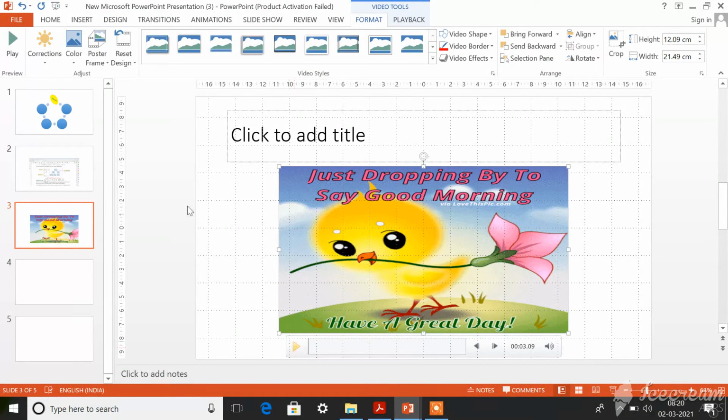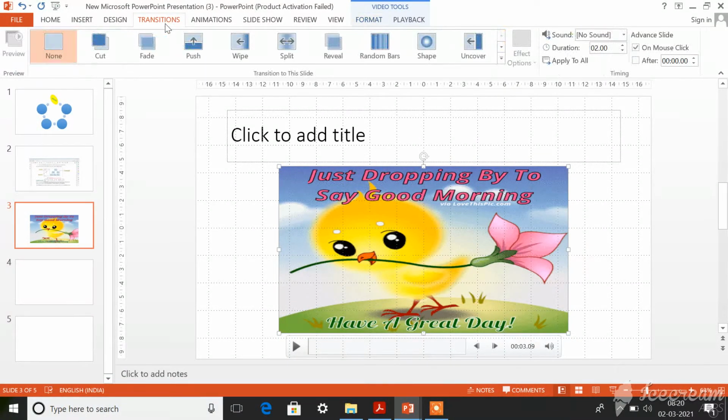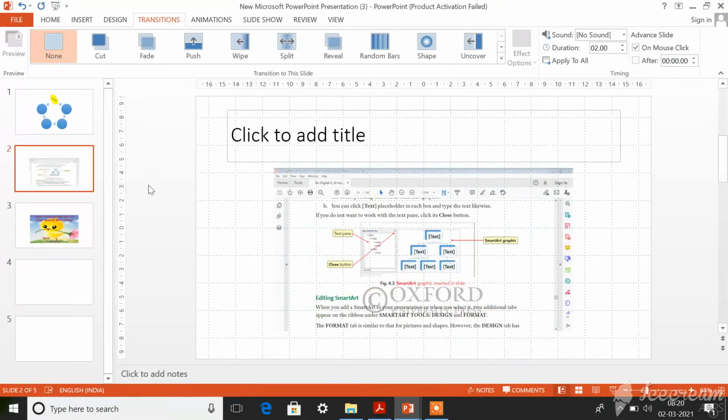The next thing is slide transition. Transition means you are going to make your presentation look more attractive by giving some background effects to your slides. You have a tab called transitions at the top. Click on that. You can use this for your text as well as images in your presentation.